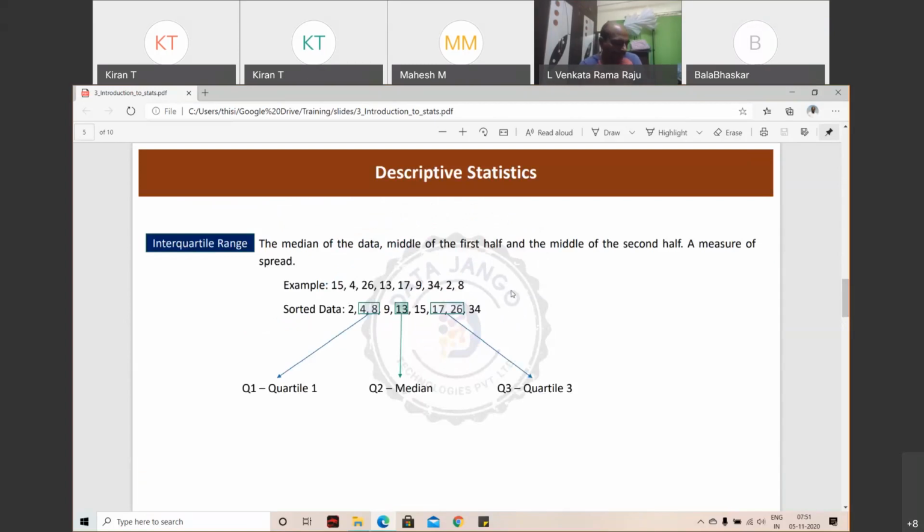I know Balabhaskar is good at many things here, but he added a new term, positional average, right? So when you look at articles, some of you would have tried to learn data science on your own, but when you look at the articles, the same topic will be written in different ways. They just change the terminology and write it to make it look like a new thing. It is not. It is nothing.